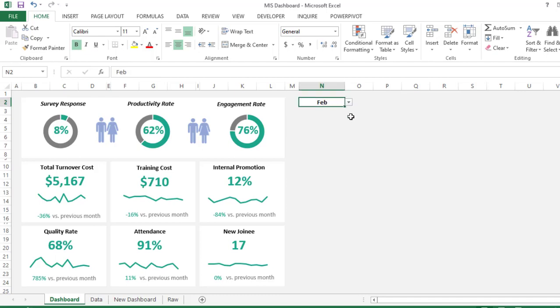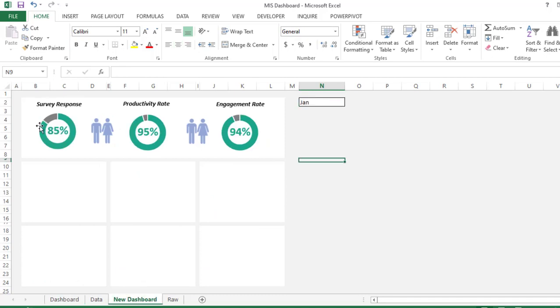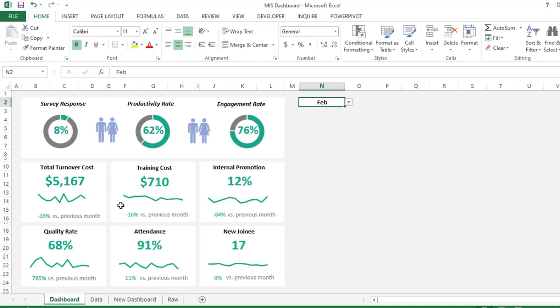In this video we learn how to create this beautiful analytic dashboard in Microsoft Excel. In the first part of the video I explained how to create the header part of this dashboard. If you haven't watched the first part, I have mentioned the URL in the video description. You can click on that. In this part we'll learn how to create the bottom part of this analytic dashboard, like how we have created here. So let's start with this.